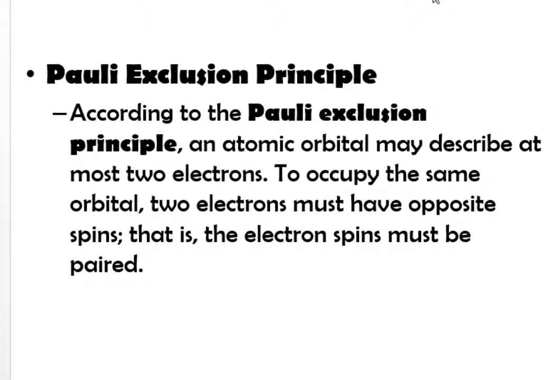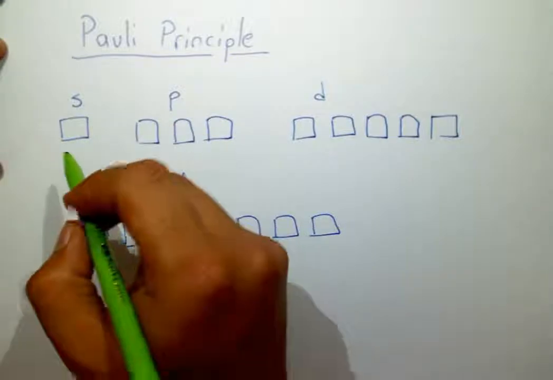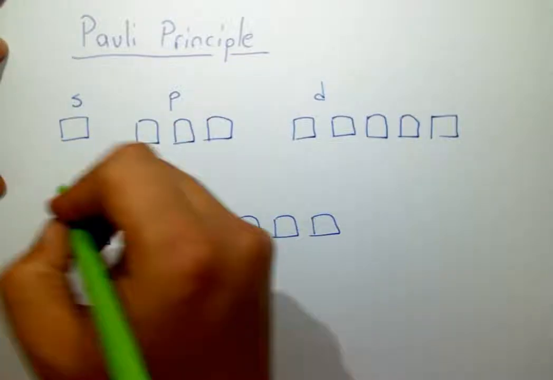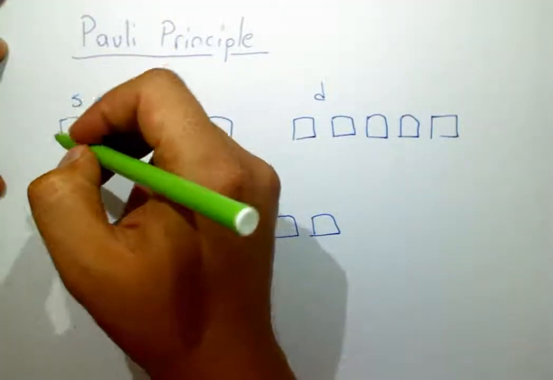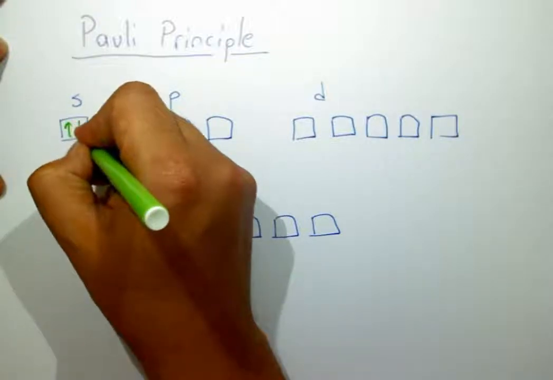According to the Pauli principle, an atomic orbital may describe at most 2 electrons. So to occupy the same orbital, 2 electrons must have opposite spins. That is, the electron spins must be paired. We can explain this rule like this. The s orbitals have 1 orbital inside, and it can have 2 electrons at most, and we need to show the electrons with arrows upwards and downwards